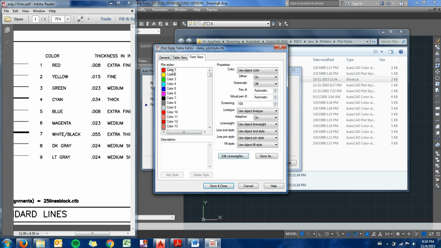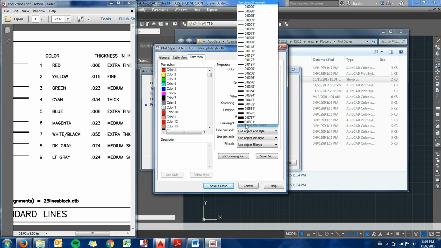Okay, so to get started, for color 1, instead of using object color, which means it would still print as red, I'm going to switch this to black. We're also going to turn the dither off, and the line type, we can see from our PDF, it's 8 thousandths. So I will, whoops, not line type, line weight. I will come up here and find,